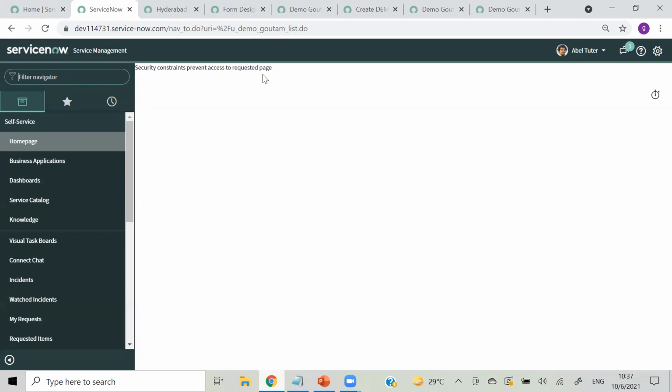If that user has any one of that in that role, only after that he will be able to see this table. Okay. So how will that be possible? Because we have a particular role, we can directly give that role to able tutor and he will be able to see this table and its records.